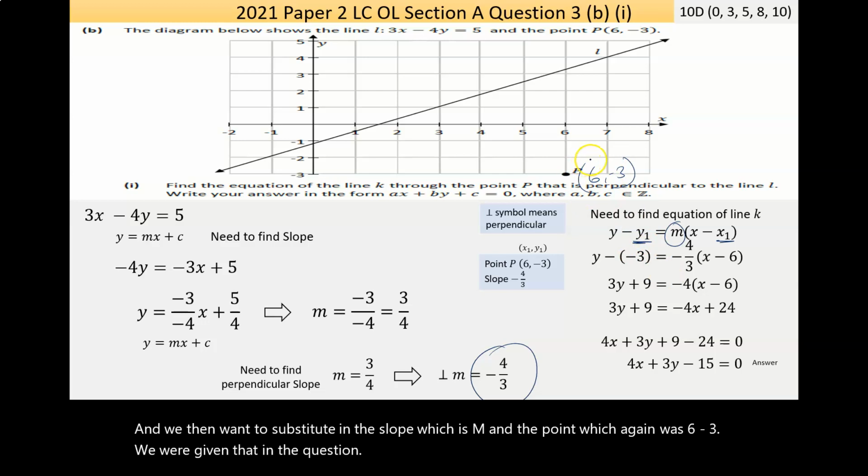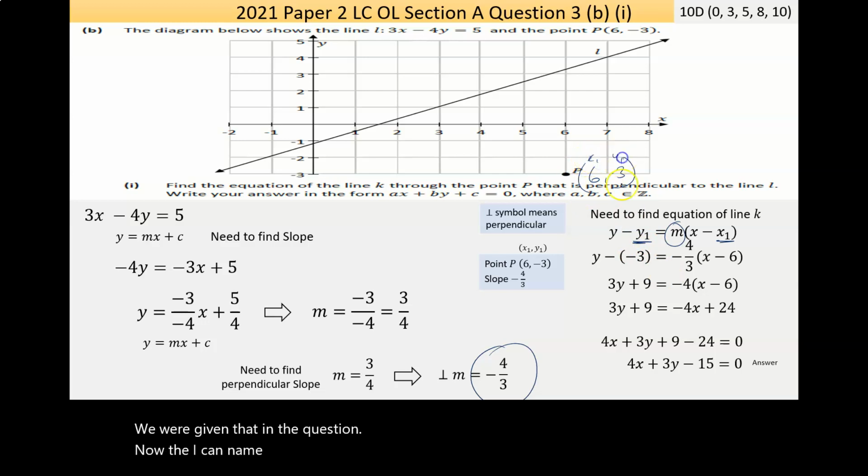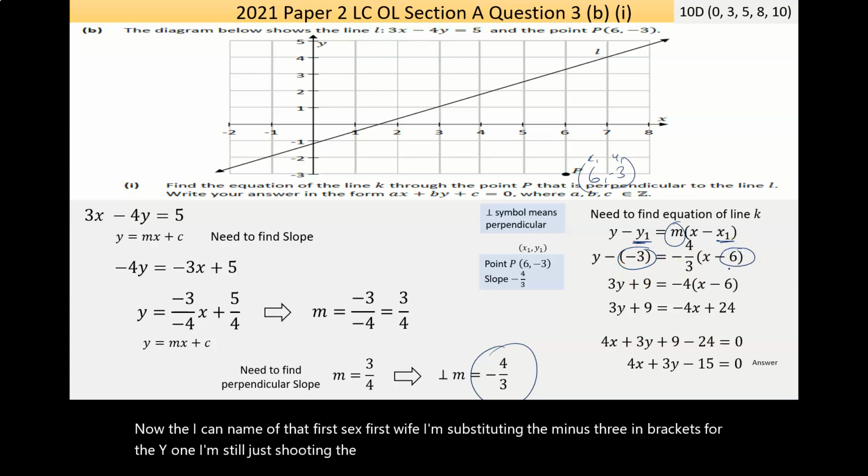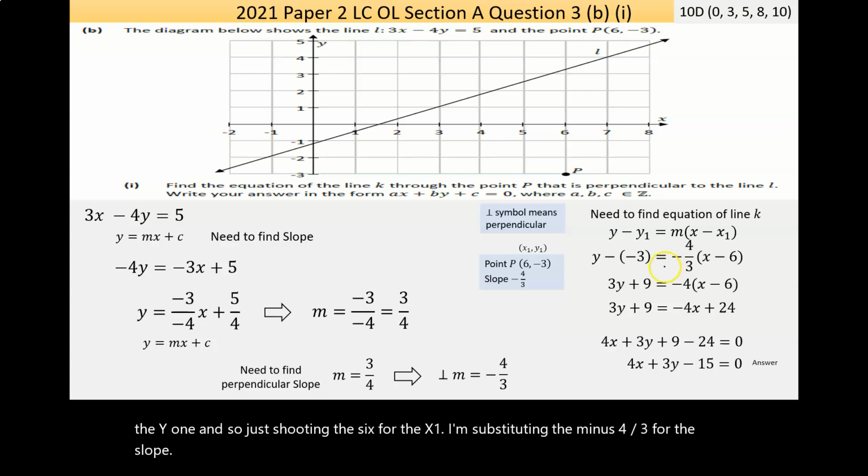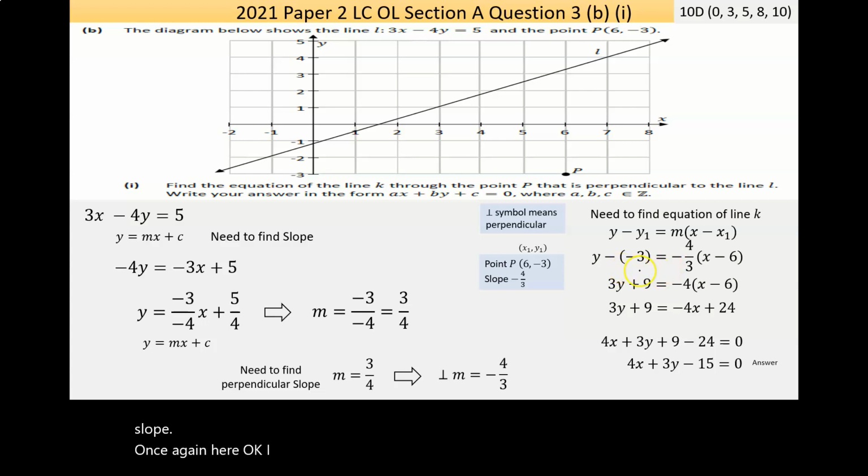Now, I can label that first x, first y. So I'm substituting the minus 3 in brackets for the y1. I'm substituting the 6 for the x1. I'm substituting the minus 4 over 3 for the slope. And once I get here, it's in a sense a problem for myself. If I want to simplify it down,